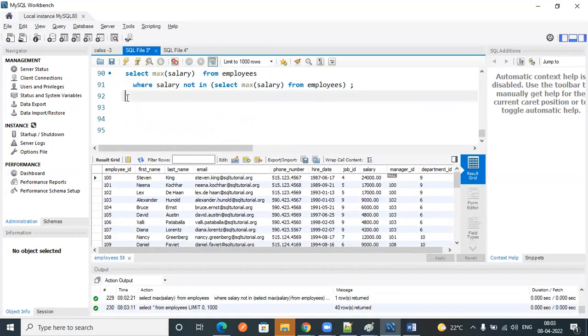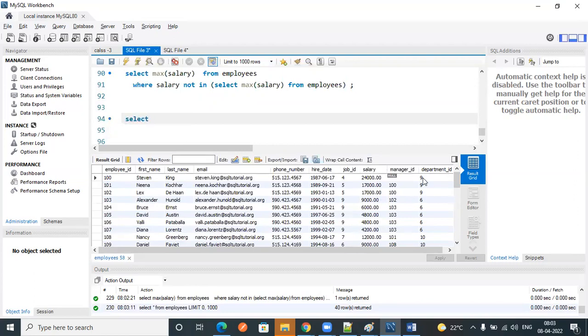So now there are some department IDs. See here, there are some department IDs. So if you want to fetch what department IDs are available,